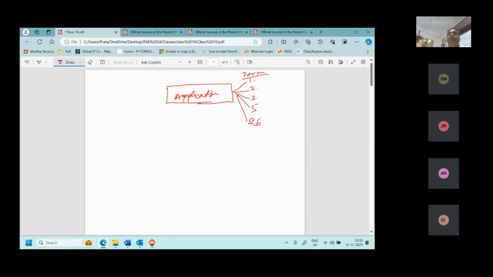Form 1 is for application of the patent, sir. Correct. Form 2, complete specification and provisional specification. Correct. Form 3, statement and undertaking. Form 5, declaration as to inventorship. Form 26 is authorization of a patent agent. Correct. You all cannot sit silent.